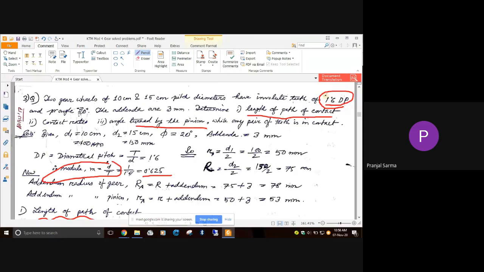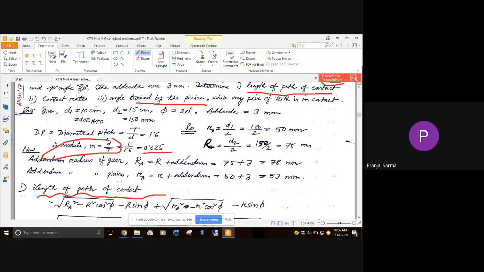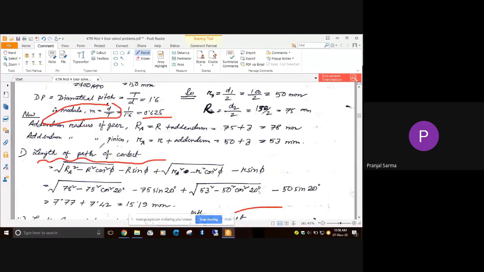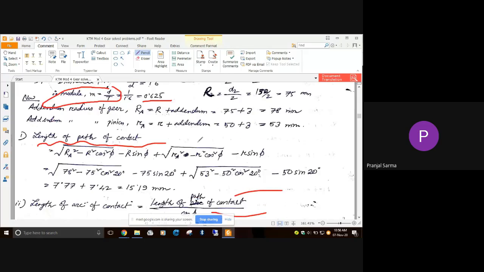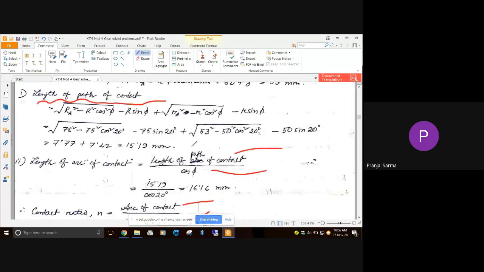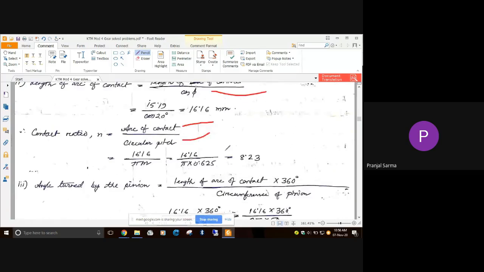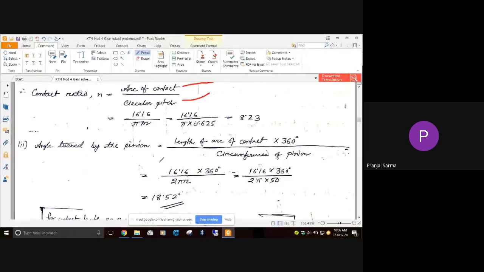Only difference is the diametral pitch is given as 1.6 in terms of the module. Module we have to find out by utilizing the reciprocal of your diametral pitch. That is the thing that you should know. Next thing is similar, the addendum circle radius, it is pitch circle radius plus addendum, those things are given. So this problem, this much we have already done in the previous case, and this is the thing, this is